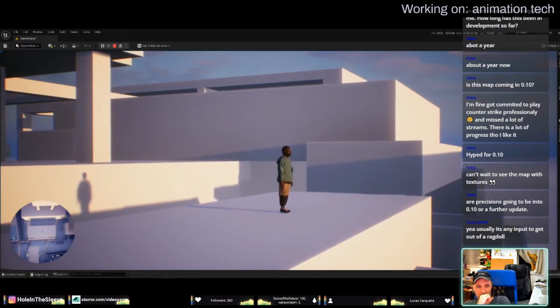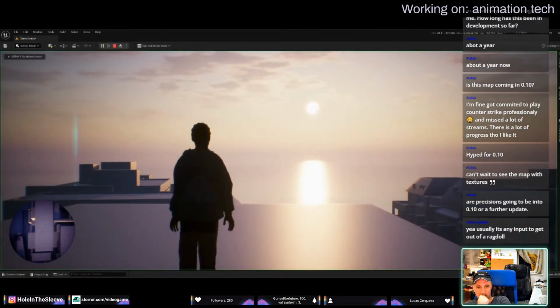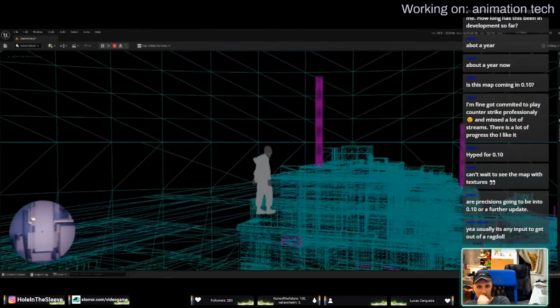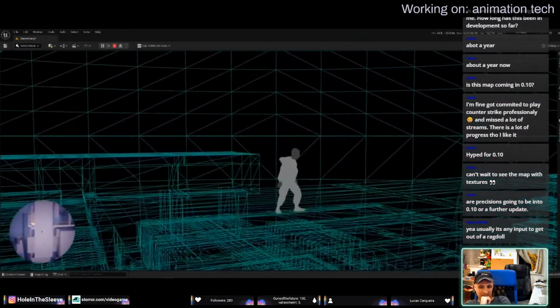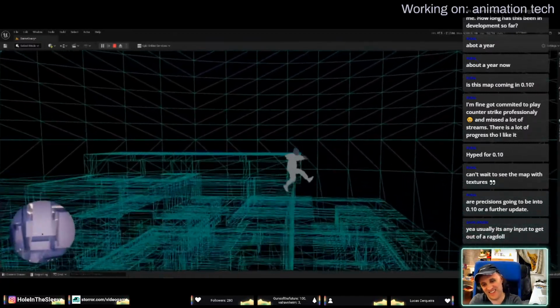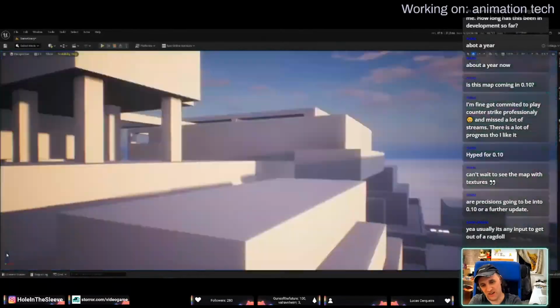Can you put wireframe mode on and do the super fast run up? Yeah, it was. Add the difficulty that you don't really see the edge very well. Yeah, that's fine. I'm a pro. Okay, so it's catching.